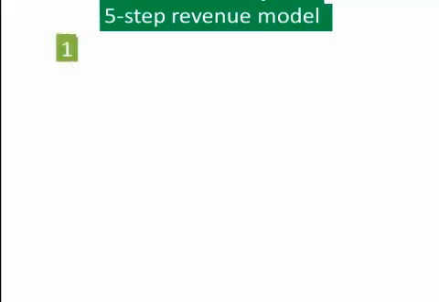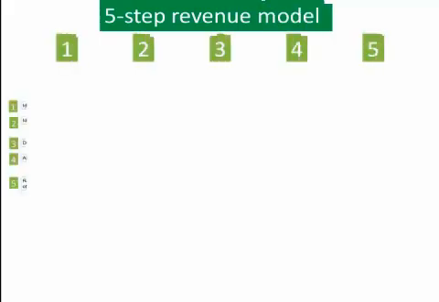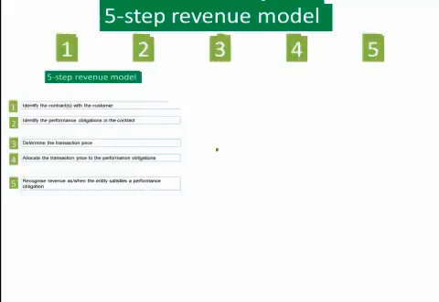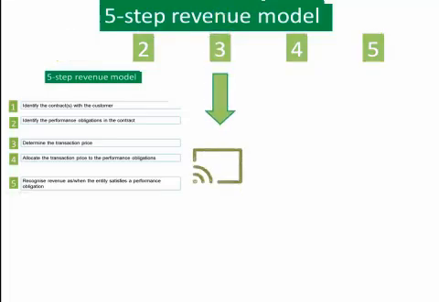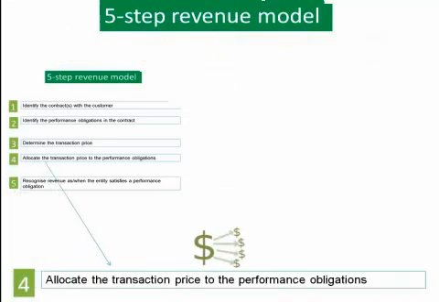As part of discussing IFRS 15, I will focus on the 5-step revenue model. Each step will represent a separate screencast. In this 4th screencast, I will now discuss the 4th step of the revenue model: allocate the transaction price to